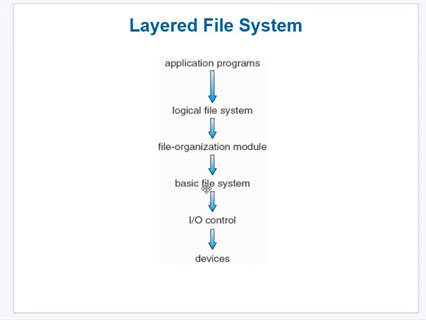Next is the file organization module. As I told, think of a library and how they organize. Whether they organize branch wise, year wise, or based upon the language of a textbook or the size of a textbook, that would not be correct. So the organization module means it should be a well defined organization. If a well defined organization of a file system is not present, then that file system collapses.